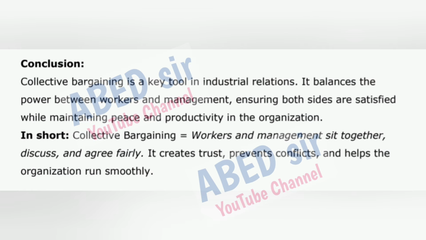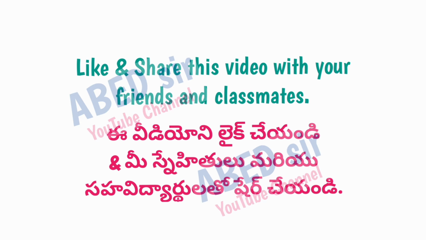Conclusion. Collective bargaining is a key tool in industrial relations. It balances the power between workers and management, ensuring both sides are satisfied while maintaining peace and productivity in the organization. In short, collective bargaining equals workers and management sit together, discuss, and agree fairly. It creates trust, prevents conflicts, and helps the organization run smoothly. Next important long question is: